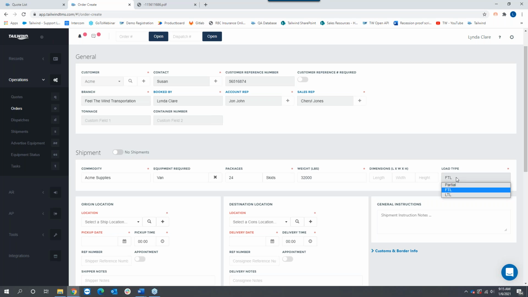These load types, let me talk to you about those for just a moment. We all know what FTL is, that's a full load. We all know what LTL is. Partials. That word can be a little confusing to some of our customers. So let me explain that. While LTL is multiple shipments for multiple customers joined together on one piece of equipment, partials is multiple shipments with different pickup or delivery locations